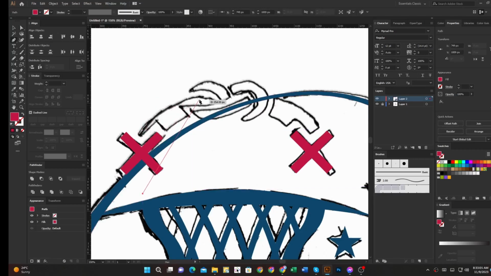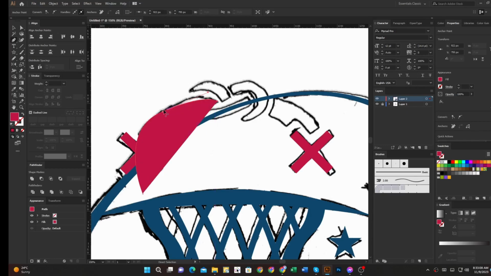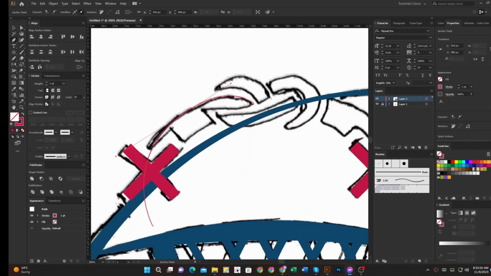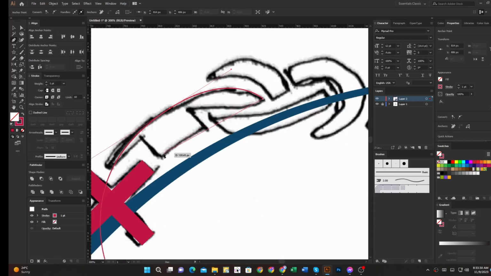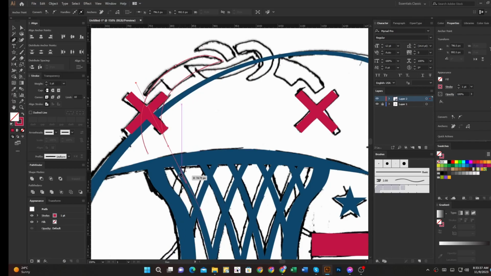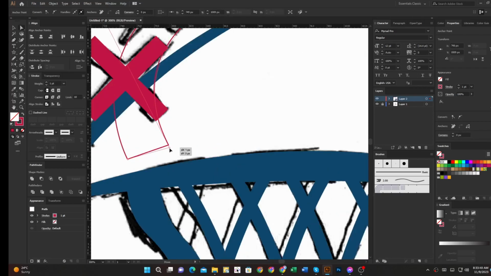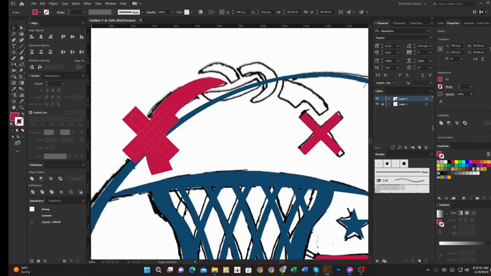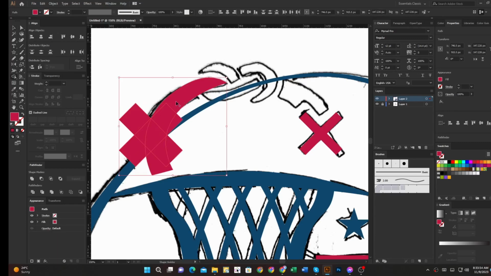Then I use a pen tool. And some stroke. Then I use a shape builder tool.